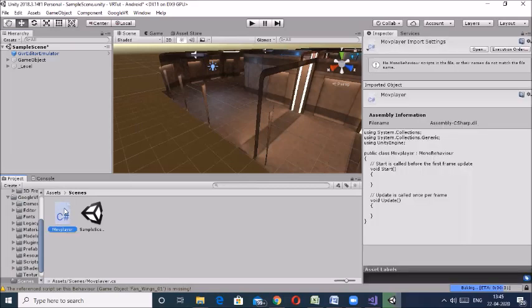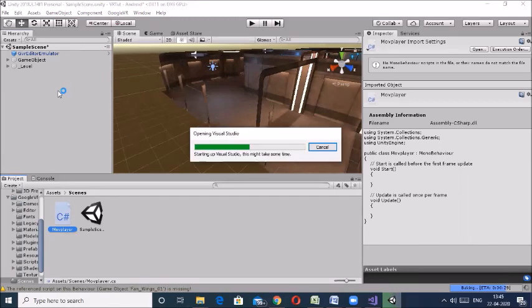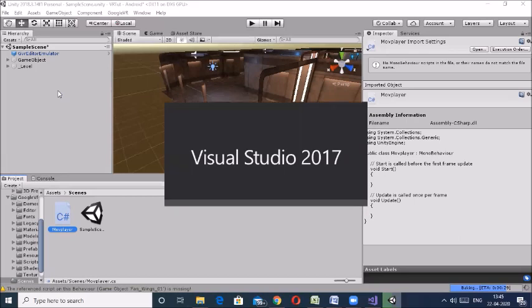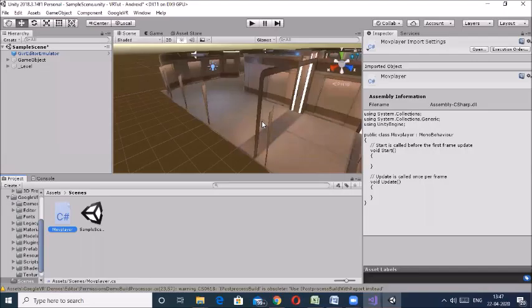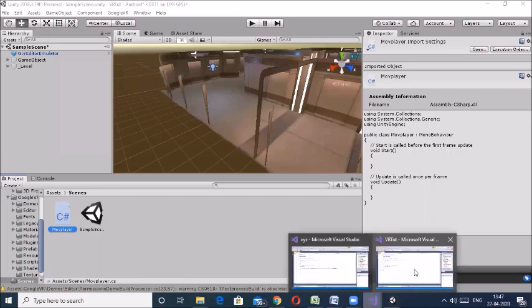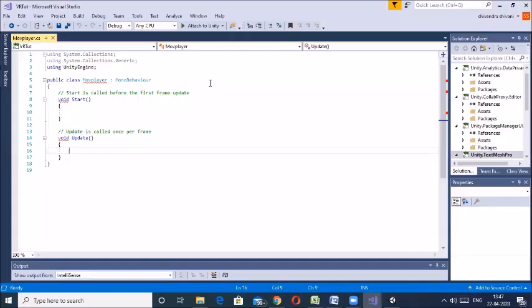So open the C# script. Okay. Now this move player script is open. This was the script.